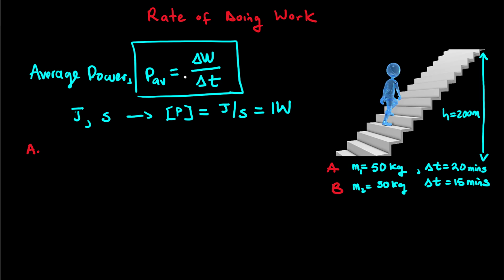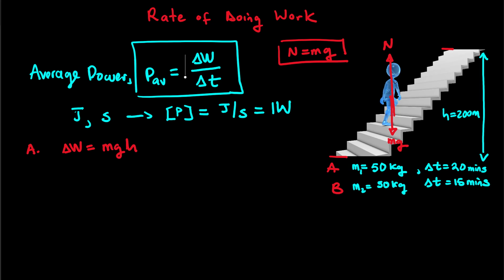So for student A, let's calculate. If we draw a free body diagram on the student, the weight of the student acts vertically downwards. The normal force on the student acts vertically upwards. Now, it is the normal force that is responsible to carry the student upwards. Assuming that the student is walking upward at a constant speed, we can clearly see that N is equal to mg. So the work done to lift the student from the ground to the top of the stairs, W, is going to be equal to mg multiplied by that distance traveled, h. This means that the power, the rate at which A does work, will be equal to mgh divided by delta tA, which is going to be equal to